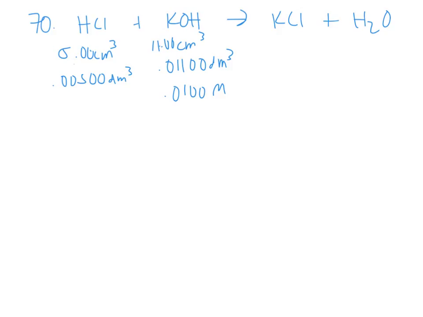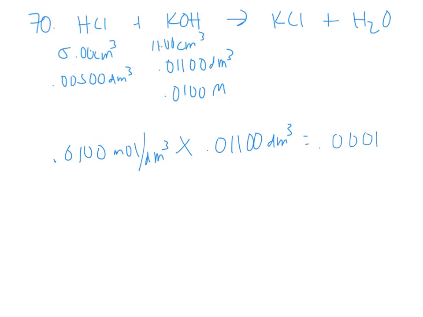So I could take my KOH, and if I have a 0.0100 moles per decimeter cubed strength, and I use 0.01100 decimeters cubed, then I know that the molar amount was 0.00011. You may want to use some scientific notation here, but that's my moles of KOH. Now in this case, KOH and HCl neutralize in a 1-to-1 fashion, so that's also my moles